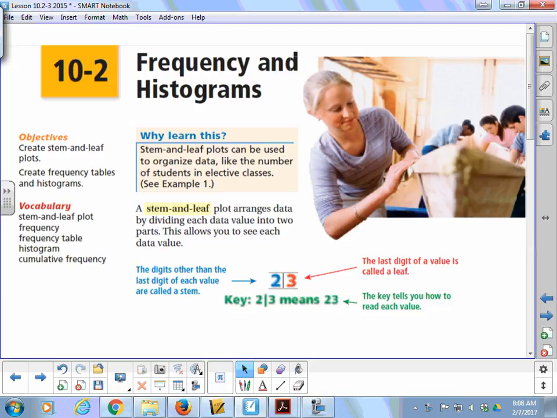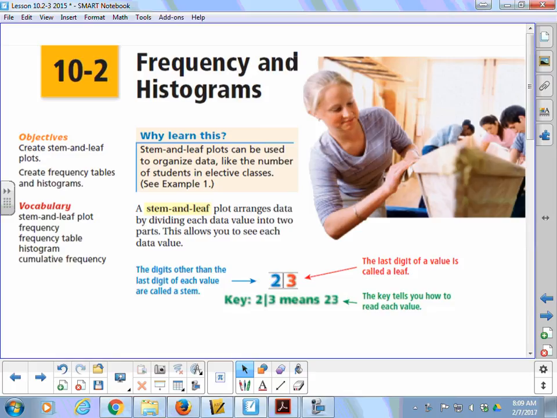to look at frequency and histogram. So we're going to create stem and leaf plots, and we're going to create frequency tables and histograms. So we're going to be looking at data and organizing data into stem and leaf plots, histograms, and then we're going to look at, do a little bit from 10.3 also, the next lesson, which will be doing mean, median,